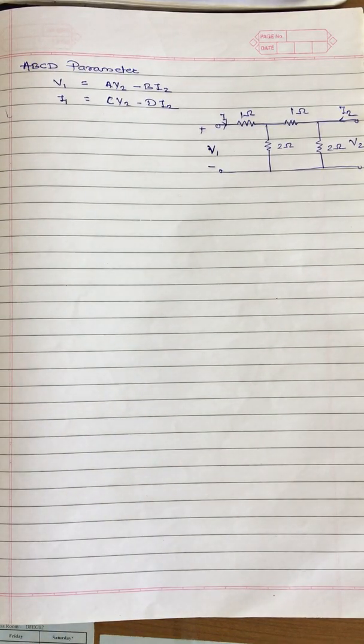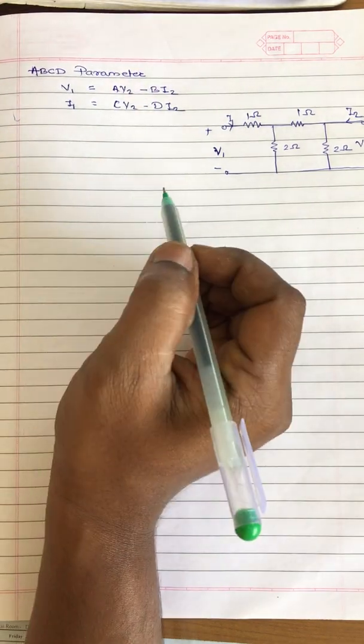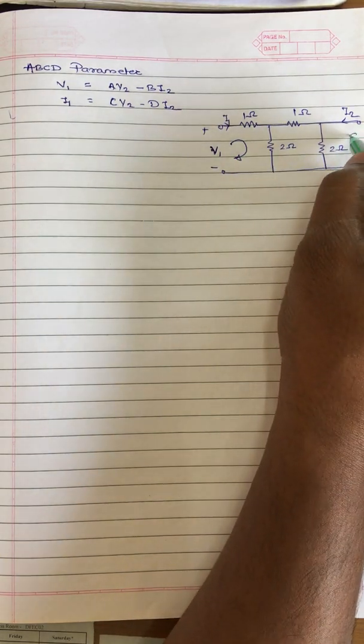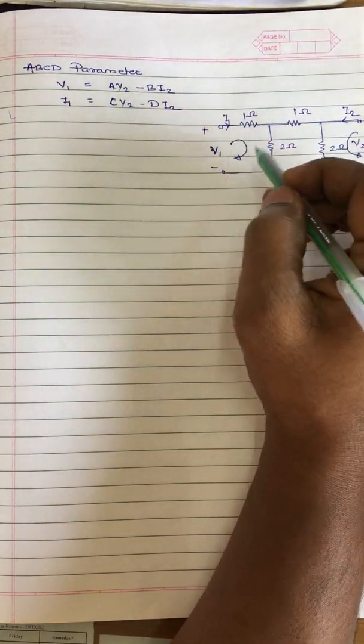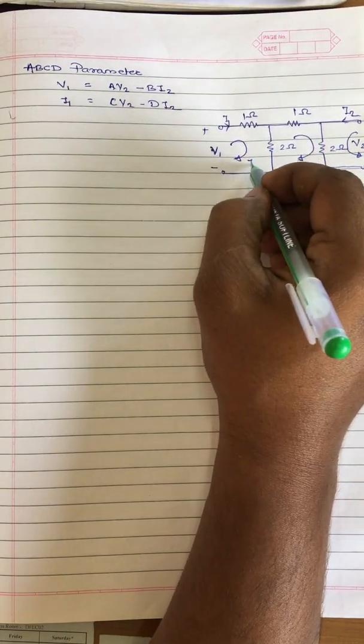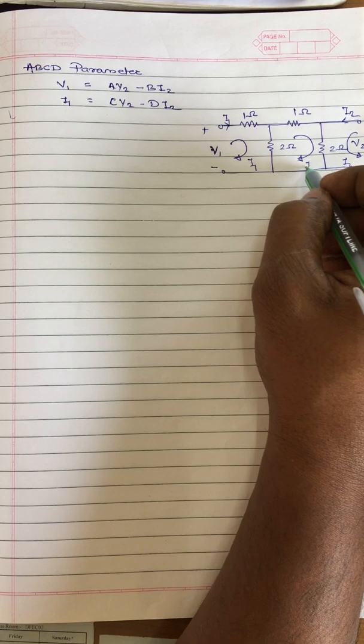First of all, as you all know, in the Z parameter we apply KVL, in the Y parameter we apply KCL, and in the ABCD parameter we have to apply KVL only, but we have to substitute one equation into another so that we get the exact equations. So we will start with KVL in all three loops. For these two loops the directions have been given, so let's assume them as they are. For this loop I will assume the direction. This is I1, this is I2, this is I3.